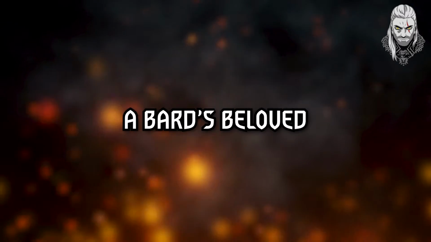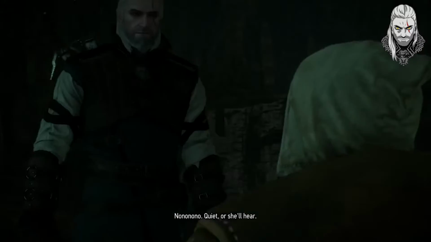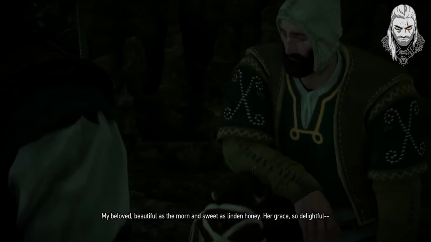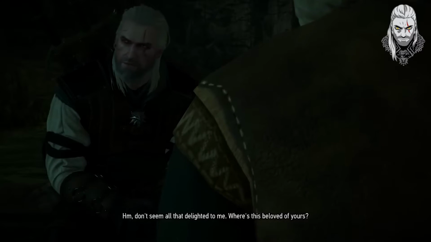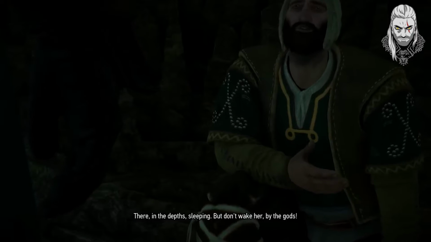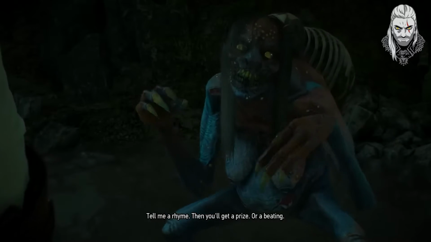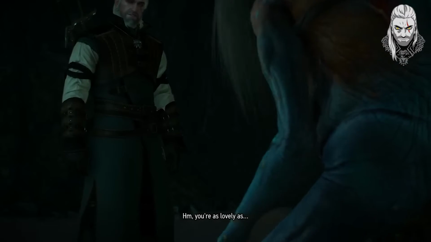A Bard's Beloved. Let's continue the tales of hidden quests with the one called A Bard's Beloved, which can be found on Skellige, in a cave not far northeast of a place called Palisade. There, the Witcher will find a bard sobbing and begging for help. For some reason, he is afraid to even move as he recites poems about the beauty of his new lover. Realizing that something is wrong, Geralt goes deeper into the cave and finds out that the bard's lover is a water hag. The monster likes to hear poems and ballads about its beauty, so it catches lost men and makes